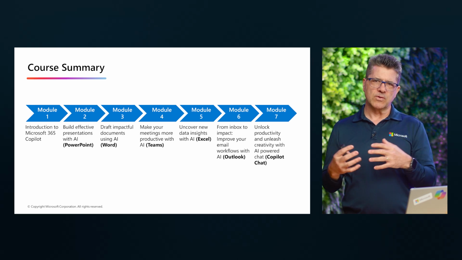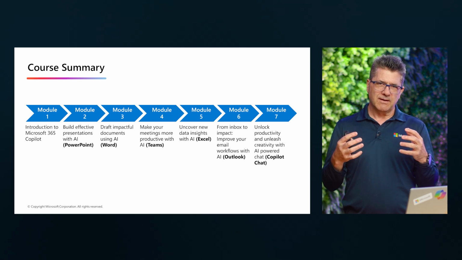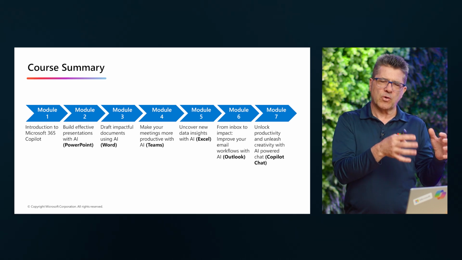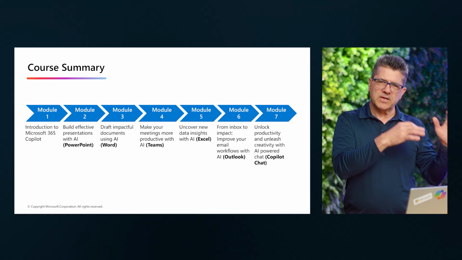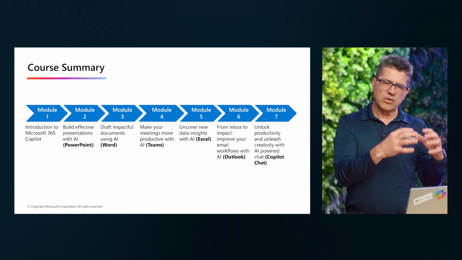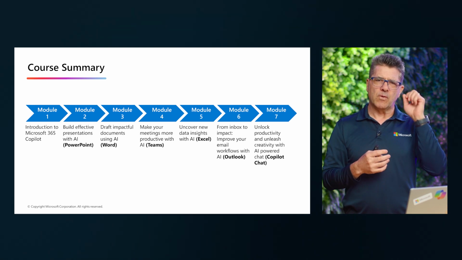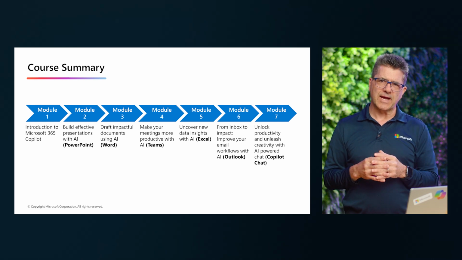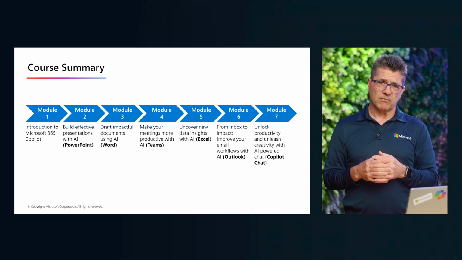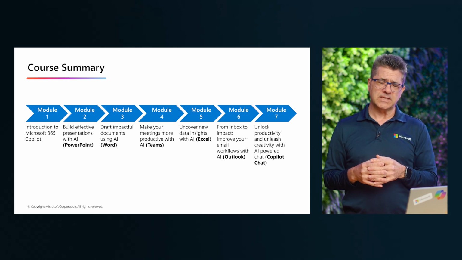And then we close our session by talking about module number 7 with Copilot Chat. Truly, the gateway to all of your insights. It allows you to connect to your corporate data and have a view of your documents, your meetings, your teams, your presentations, everything that you do within your organization more efficiently. I want to summarize, I want to access, I want to know, I want to be able to schedule. I'll be able to do that with Copilot Chat. And I can also do that from Teams as well, right? The same interface. I can go into Teams, not leave Teams, be more collaborative with my team.